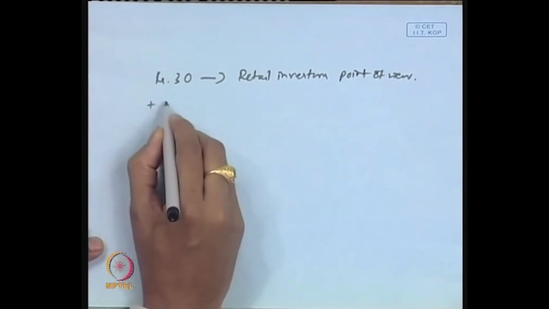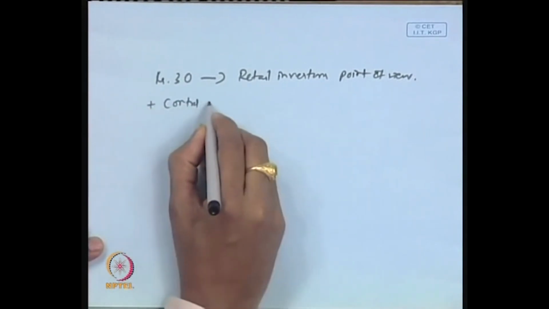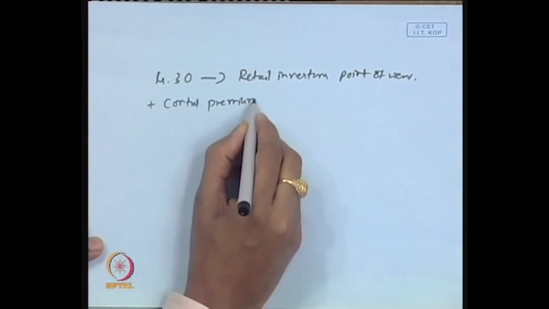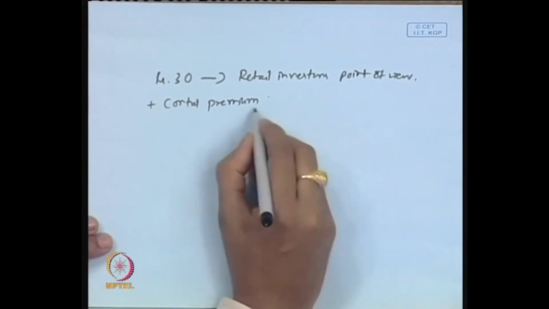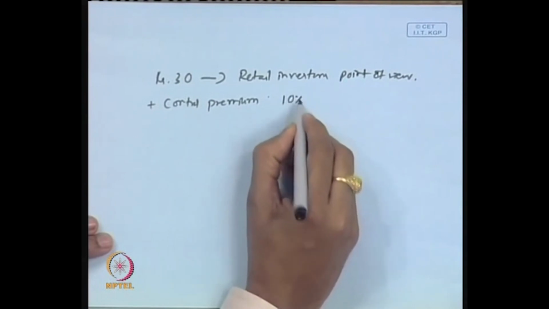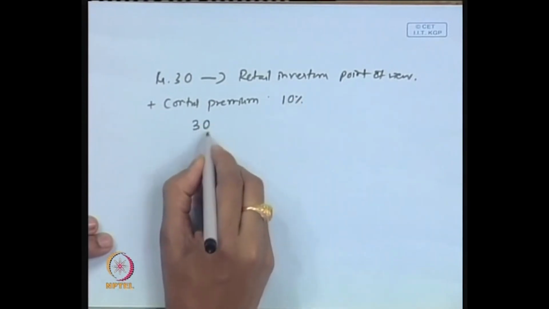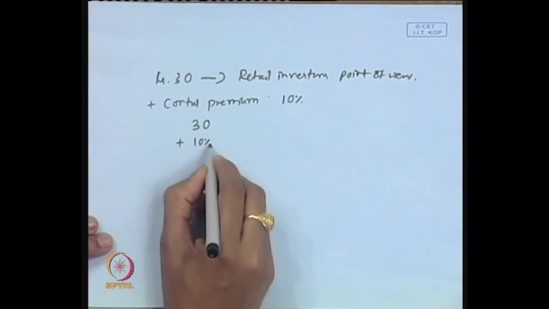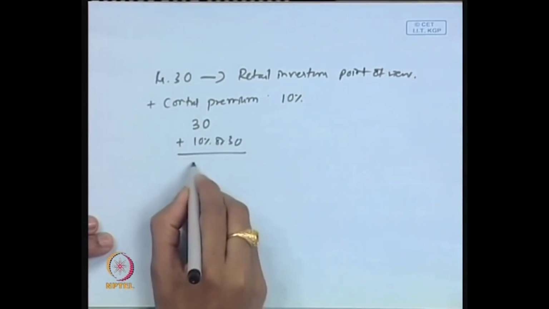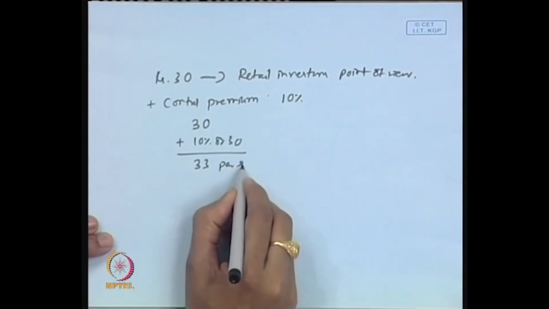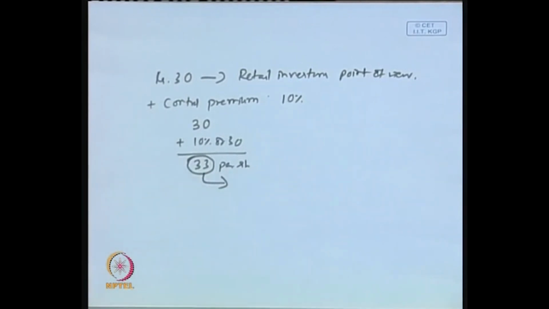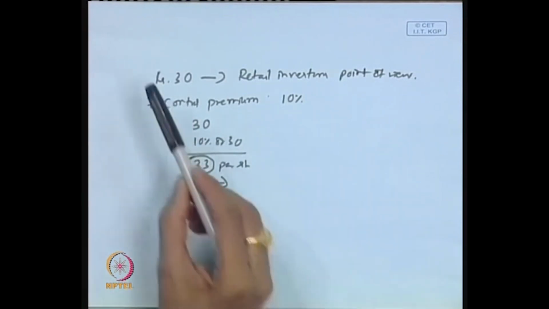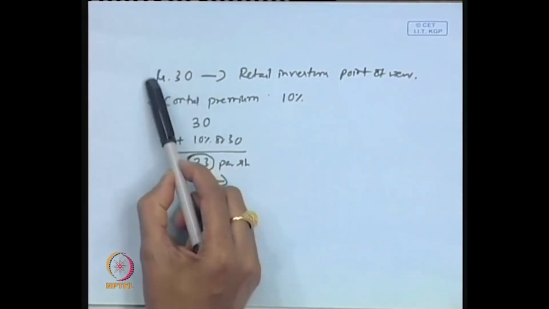they will typically add something like a control premium, which may be driven by past M&A transactions. If the control premium is, let us say, 10%, the value per share is going to be 30 plus 10% of 30, which now becomes rupees 33 per share. This is the price to be paid per share as far as the merger acquisition transaction is concerned, whereas 30 rupees is going to be paid when retail investors value the shares.